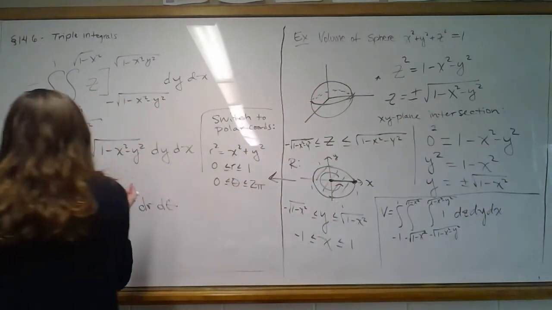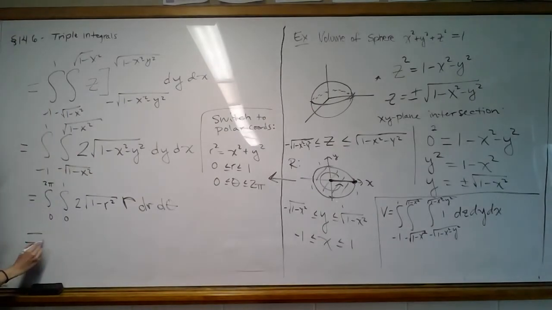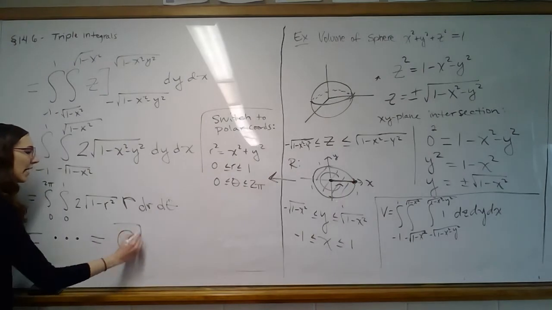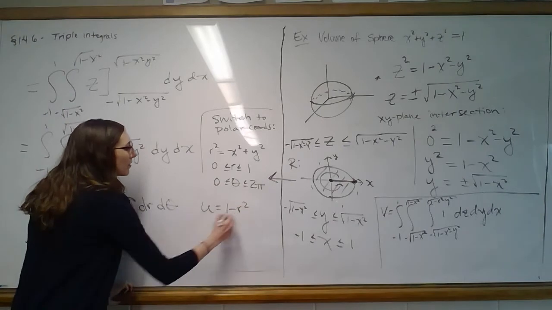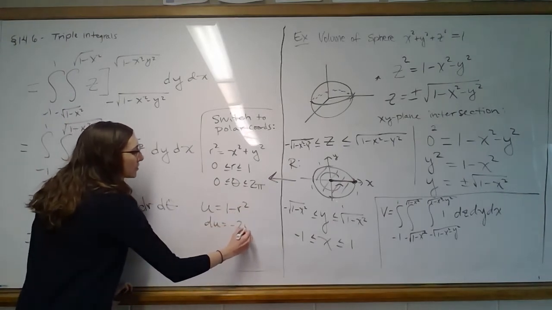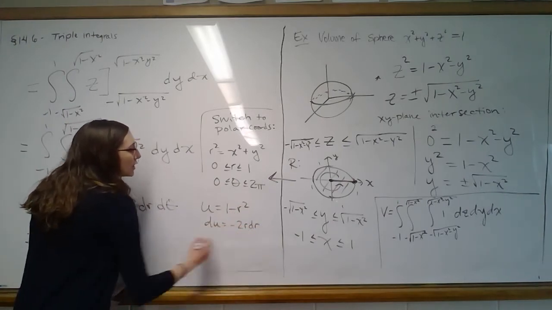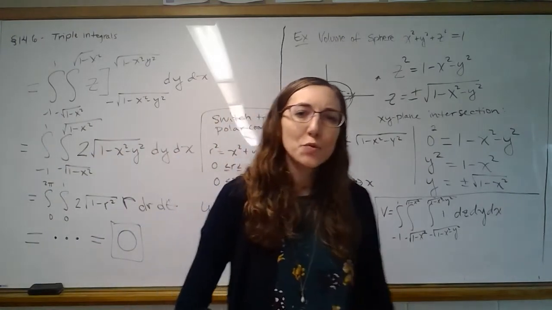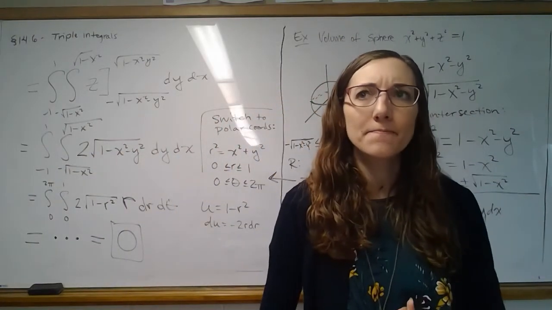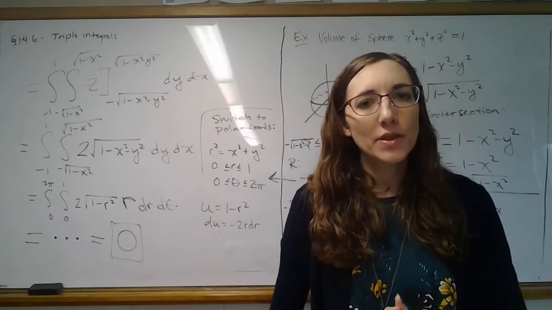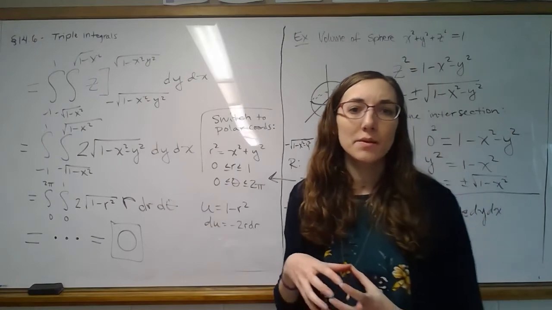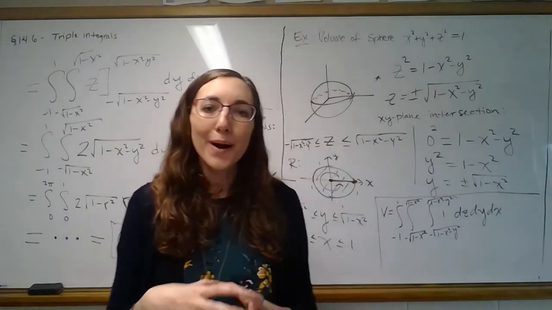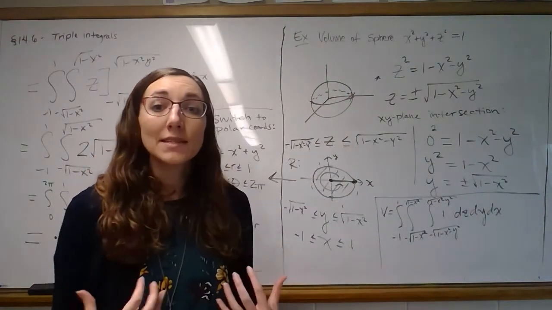So I'm going to let you finish up this one, but an interesting thing, if you do finish it, the final answer that we get after you do that u sub, so du would be that negative 2r dr, is 0, which seems a little funny because we're thinking about the volume of a solid. So sometimes we would think about a positive volume, but remember when we use this setup,